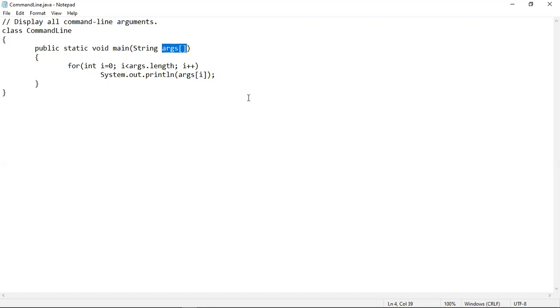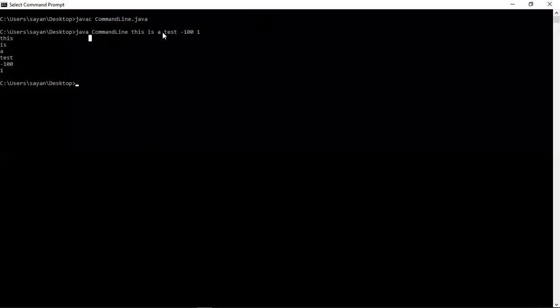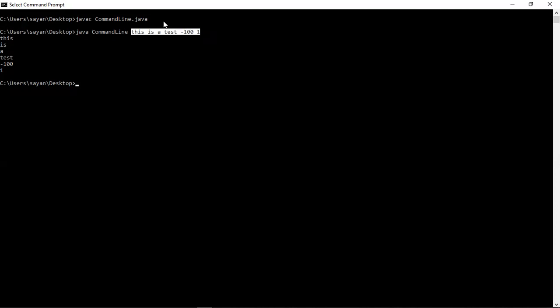Let me go back to the execution screen again. So these are the arguments that are being passed in command line. And why are they being called command line arguments? Command line actually means the interpretation line or the execution line. This is the interpretation line or execution line of this program. So whatever arguments we're passing in this line are known as command line arguments. And these are the arguments that are being passed in this execution line or interpretation line. That's why they are known as command line arguments, and all these arguments will be stored in the ARGS array, which is an array of string type objects.